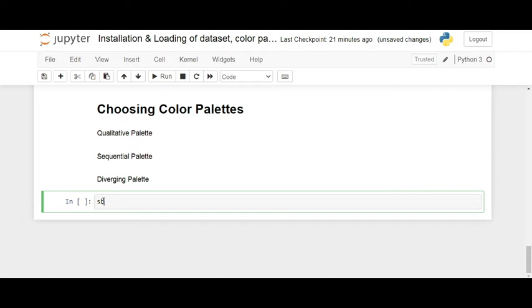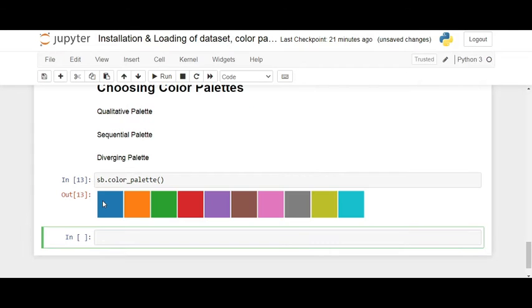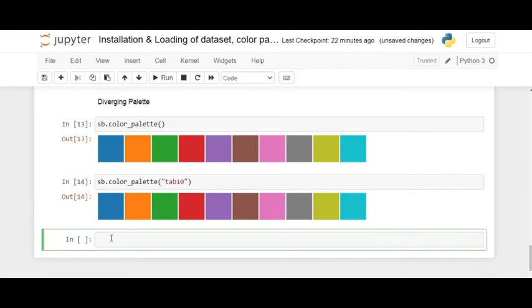I will use sb dot, sb for Seaborn, then color underscore palette, and then I will run this one. So this is the default color palette used in Seaborn. These are the different colors. In color systems, the most common way to do this uses the HLS color space.